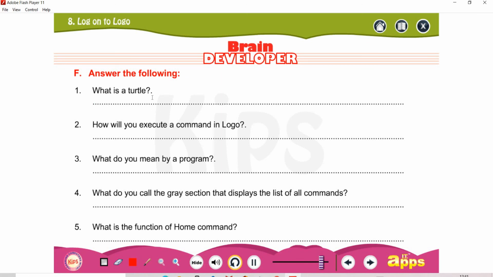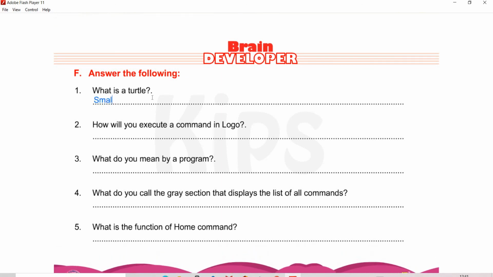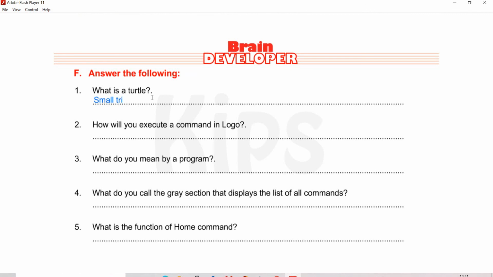I am writing the answer for the first. Small triangular structure that obeys only Logo commands.